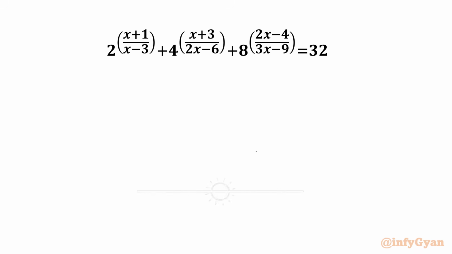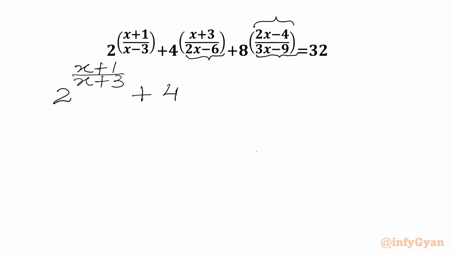Let's get started straight away. Here we have 2 common in the denominator of the exponent, and here 3 is common. Numerator is also having multiplier 2. So I will write here 2 power (x+1)/(x+3) plus 4 power (x+3)